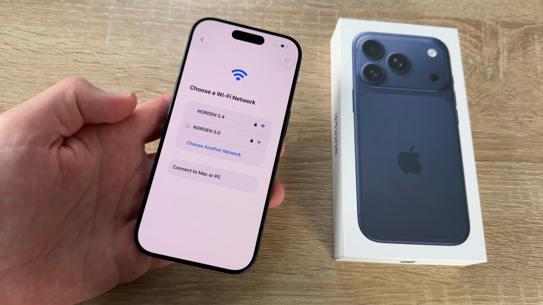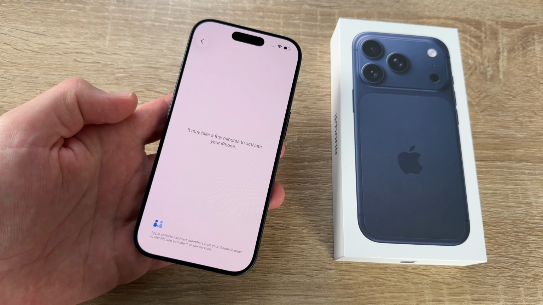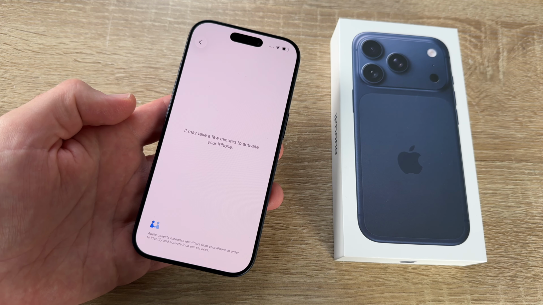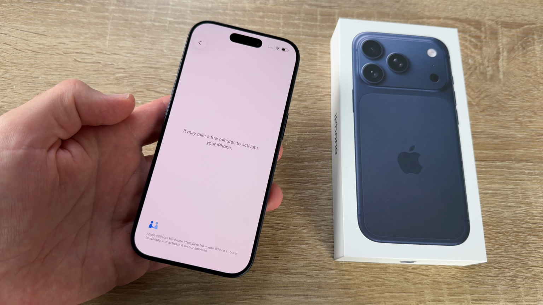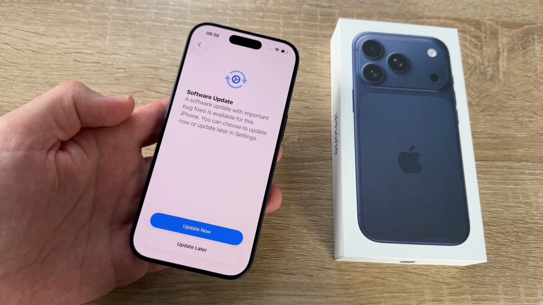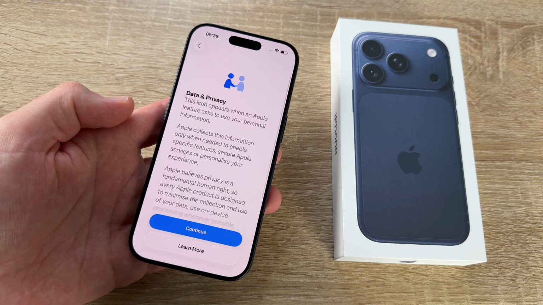Because in the next step, we are going to activate this phone. This phone is now calling the service of Apple, and then it will be activated, and we can make the next steps. Software update. We can make this now, or we can update this later.